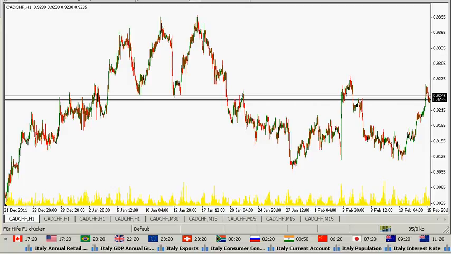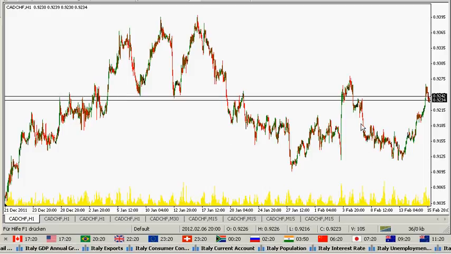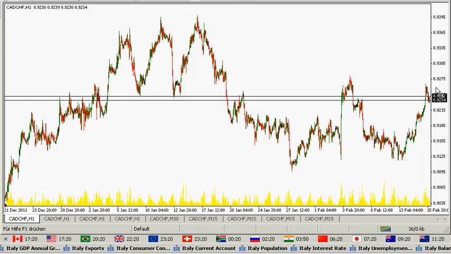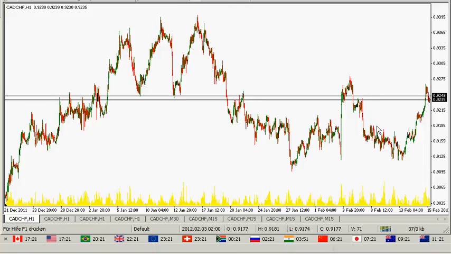However, here we see the Canadian dollar Swiss franc, and we see this upside trend, then this slightly downside trend, and the failed breakout at the start of February, and here right now once again. The reason why I'm choosing this is, of course, this top at the start of the year.